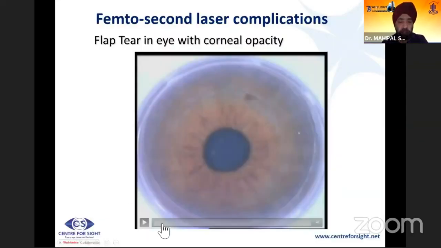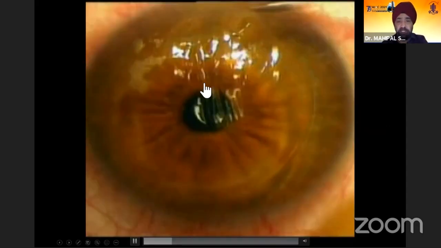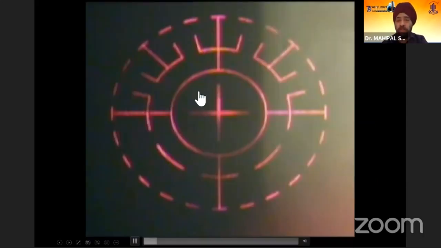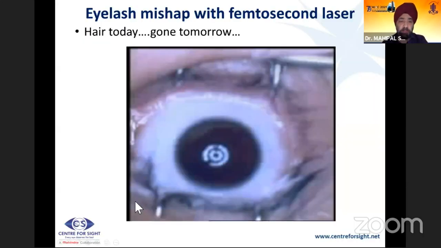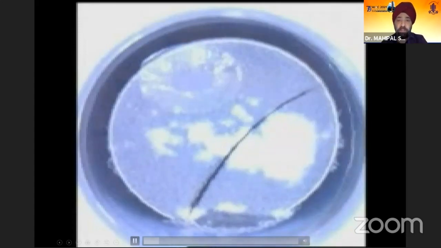There is the corneal opacity that you can see here. This is the laser going. There's a corneal opacity here, and there's a vertical gas breakthrough. So if there are corneal opacities, the femto could be a problem. If there is any foreign body, this is an eyelash which is there. You can see this is going to give you a cold spot, and this is going to give you a problem. So remove all the debris which is there.